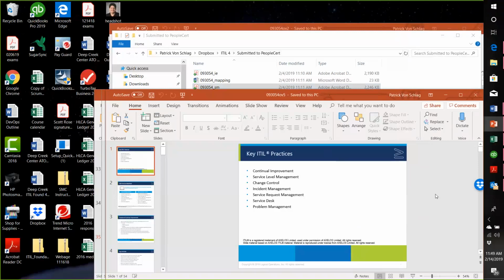Okay, so the heat maps are included in the new guidance really to reinforce one key idea, which is that each of these practices does not exist in one part of a life cycle, but has effects on lots of different activities that occur at lots of different points in time. So the heat maps describe a relationship between the practices and the value chain. The value chain is 6 activities that happen in many different combinations, right? We plan things, we improve things, we engage with stakeholders, we design and transition things, we obtain and build things, we deliver and support things, right?